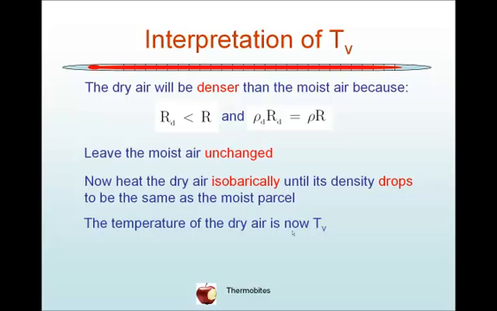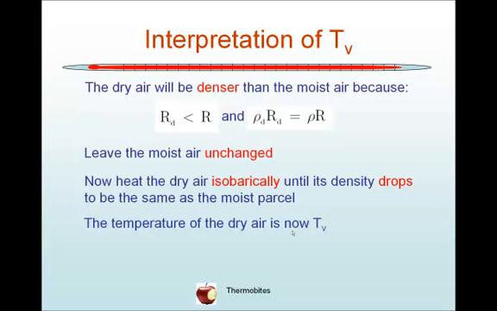Now if you go back to the expression of specific gas constants, they're equal to the universal gas constant divided through by the molecular weight. And so the molecular weight of moist air must be less than that for dry air because of the presence of light water molecules. So now let's leave the moist air unchanged and take a parcel of air that's dry